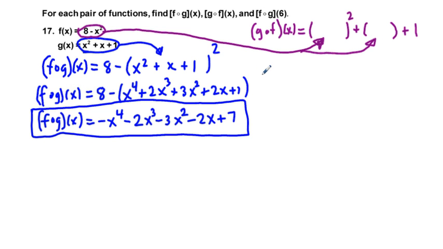So what we're going to have is g of f of x is equal to, in the place of the x, we're going to put 8 minus x squared, and we square that,